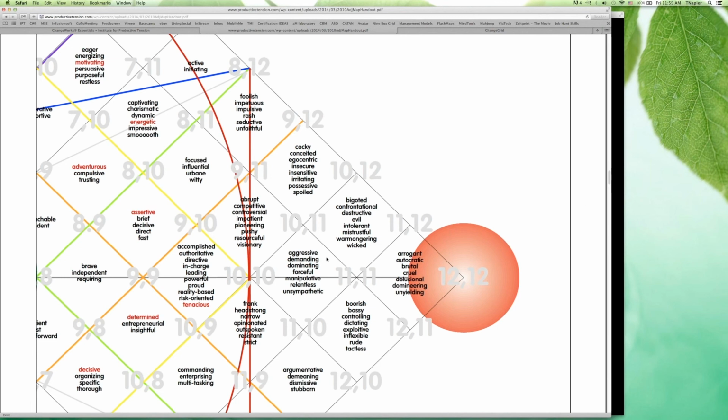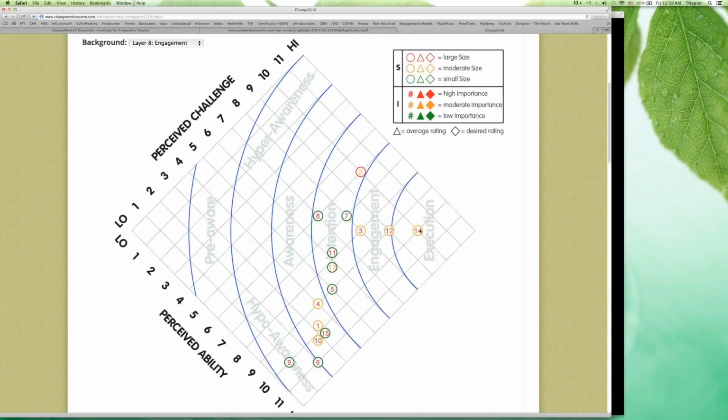Okay, so that's again just what I wanted to show you around this one. All right, going back now. So, execution. Execution is actually just a dramatic expression of engagement, or it might be like that final step of engagement. And if you look right immediately to the left of execution, you see the little engagement band. So whenever someone's plotting in this area on the change grid, they are engaged. They are actively doing those things that lead to them successfully completing whatever the task is or reaching whatever the outcome happened to be. Now, engagement is preceded by intention.